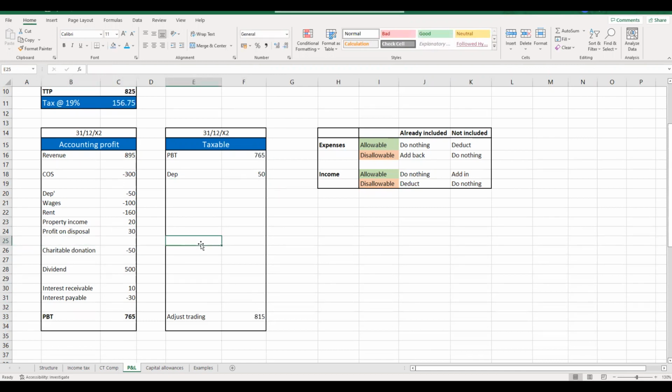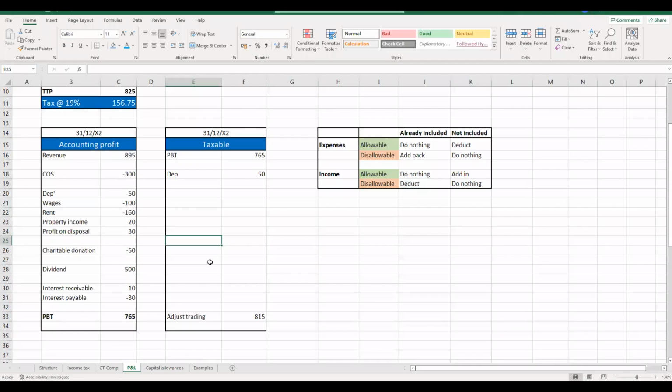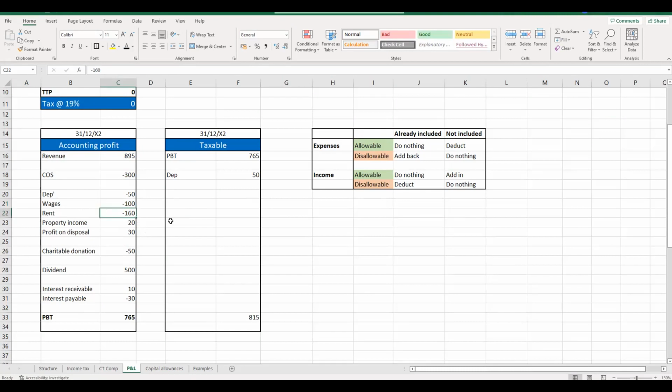It's just something to know and to be aware that there is an overlap of the rules and a similarity in the rules. It's, again, going back to those legal entities and the fact that there is now that company, that separate legal entity that has shareholders, and therefore, rather than paying a salary to yourself like a sole trader, it's the company that's going to pay the shareholders the dividends, and that's going to be disallowed for tax purposes. Now, similarly, rental costs are just going to be an allowable deduction.